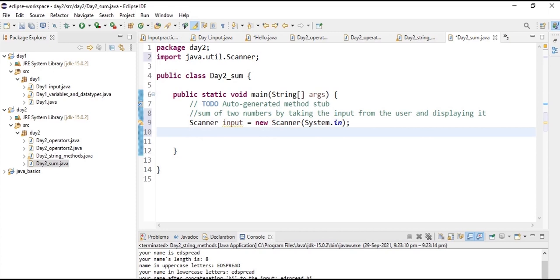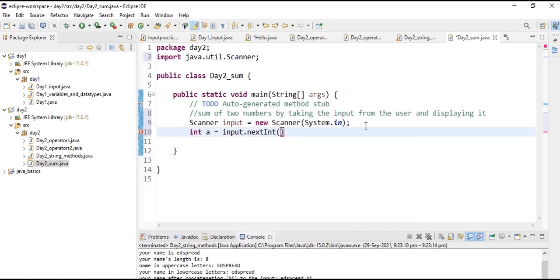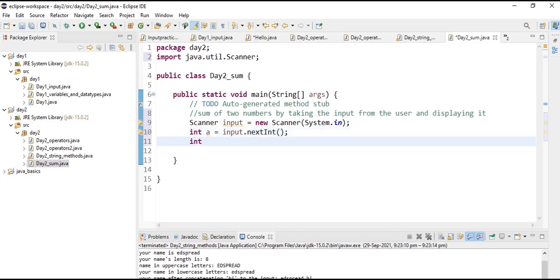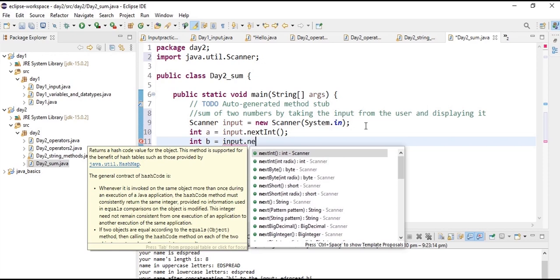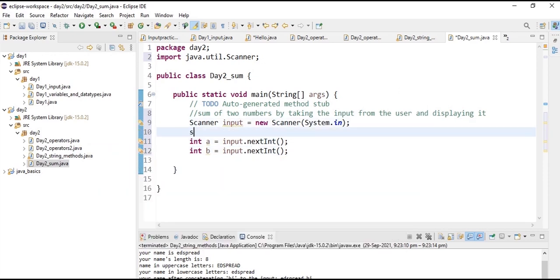And now let's declare two variables. int a is equals to input, that is the object name, dot nextInt, that is the method available in the Scanner to take input of an integer. And let's declare another variable b of int data type, and let's take input dot nextInt method. And before that, let's print this on the screen.